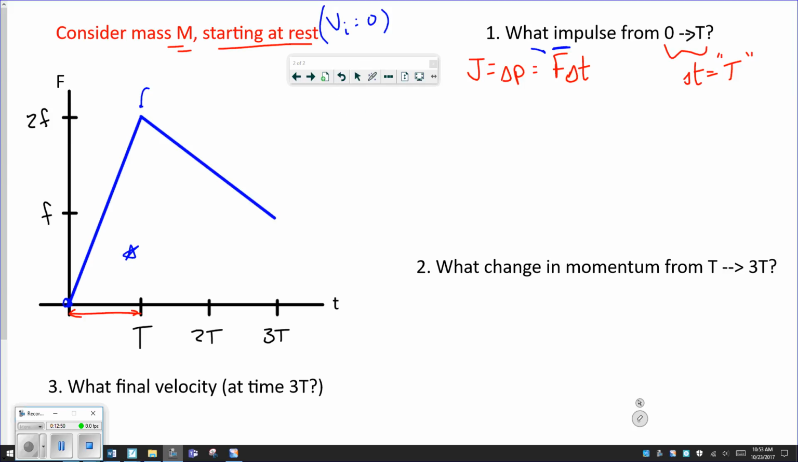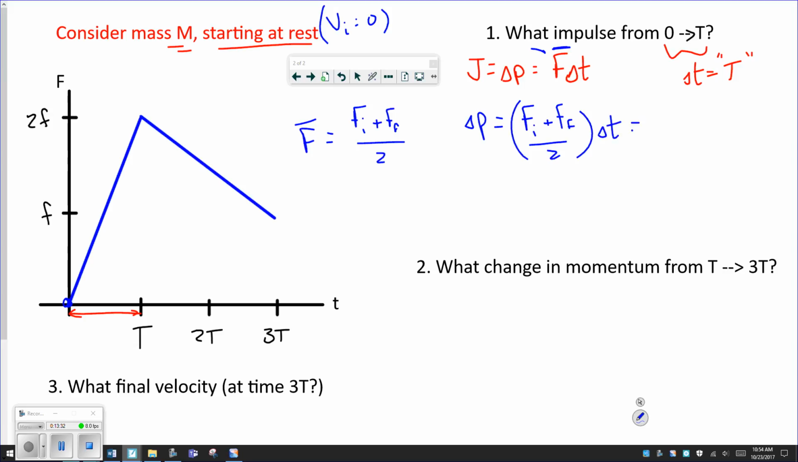All right, and particularly since the force changes at a nice constant rate, it starts at 0 and changes uniformly between time 0 and time T. The average value of the force, or anything average, is initial plus final divided by 2, just like averaging test grades. All right, so delta P is F average times delta T, which is F initial plus F final over 2 times delta T,